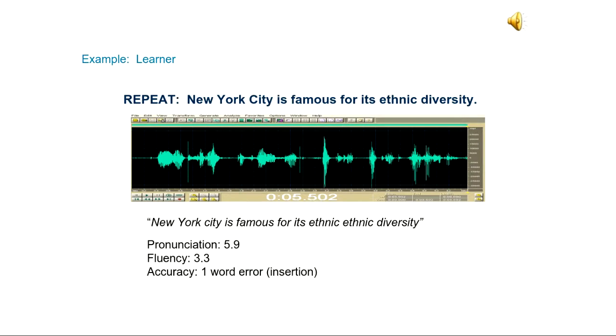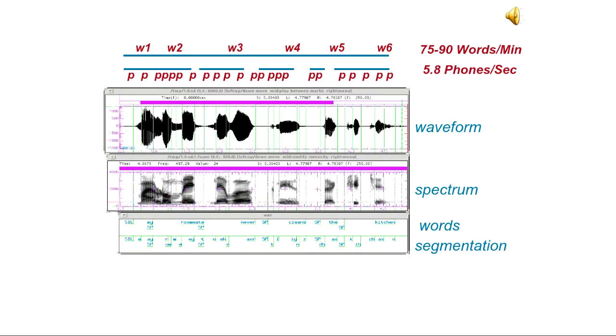And for somebody who's less proficient, again they had to repeat the same phrase, but their pronunciation wasn't quite as good. They stuttered a bit, and so their fluency wasn't good, and they actually made one actual word error. So the machine is able to pick up quite fine nuances. And we get loads of information. We obviously get the waveform, we can see the spectrum. Because we have an acoustic model, everything they say is converted into textual language, so we can check what they have actually said.